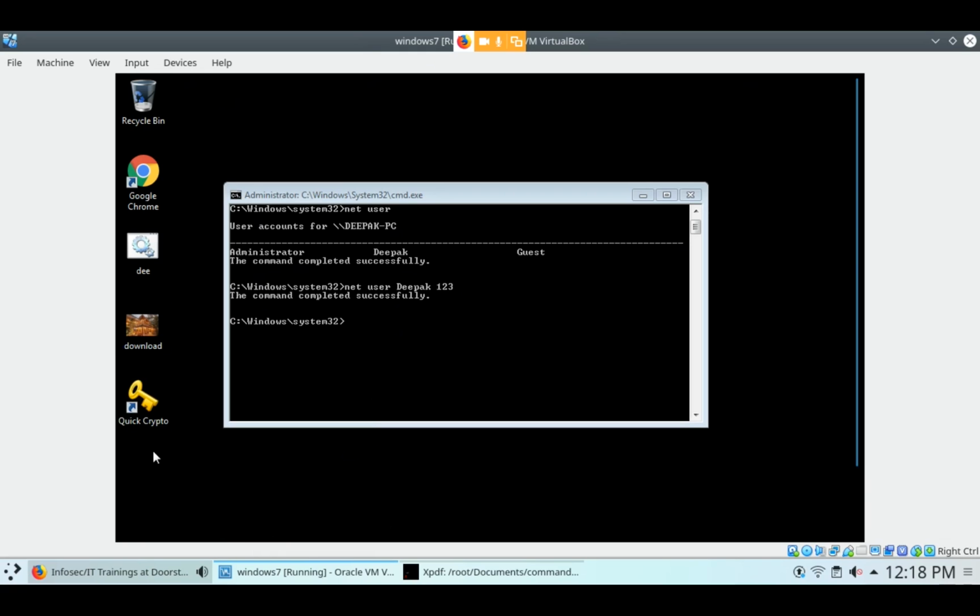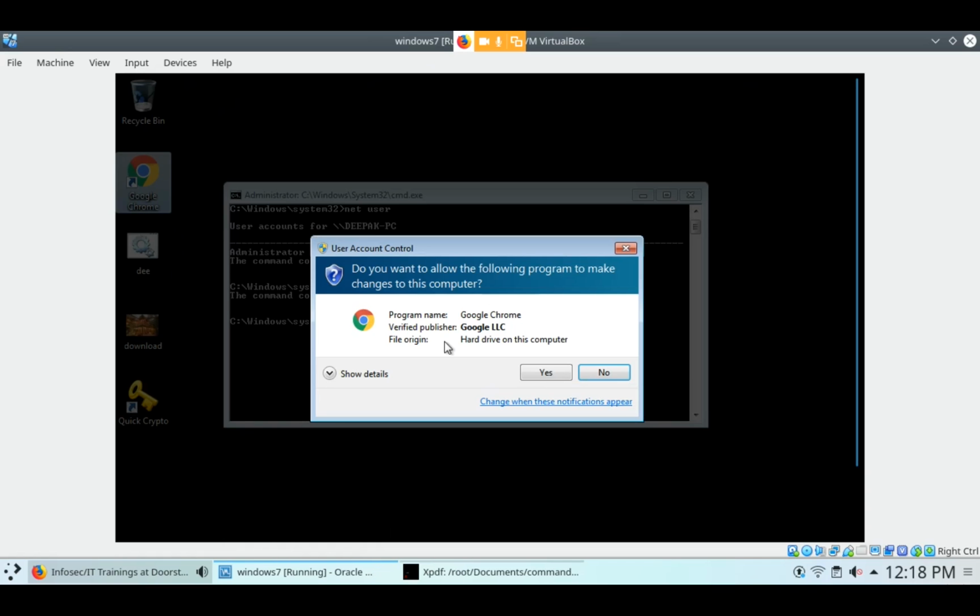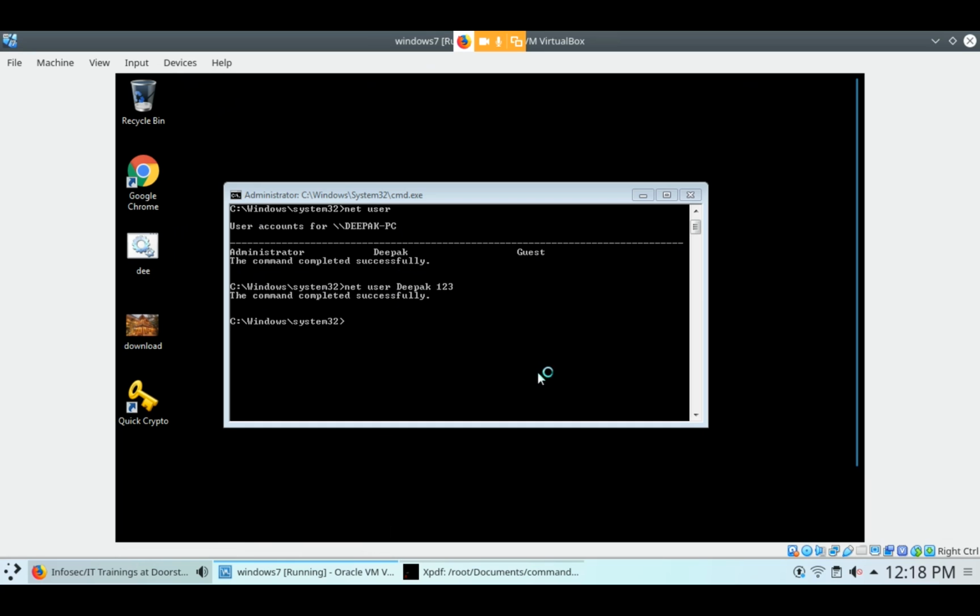First of all I have to open Google Chrome, and after that I am creating the backdoor using CMD.